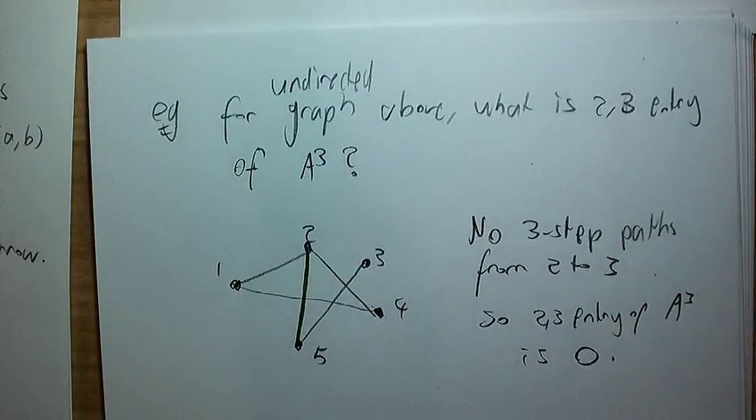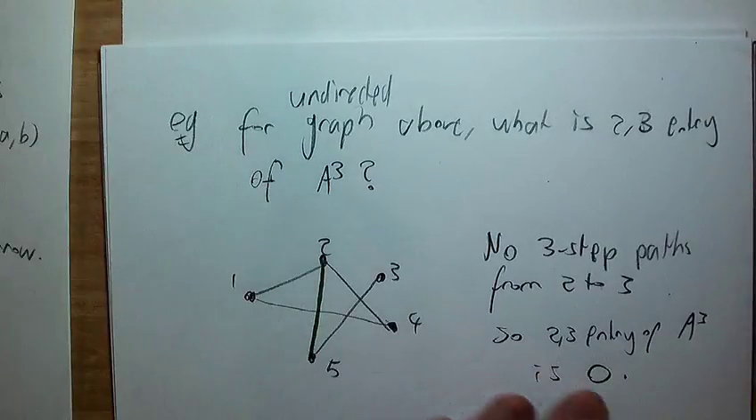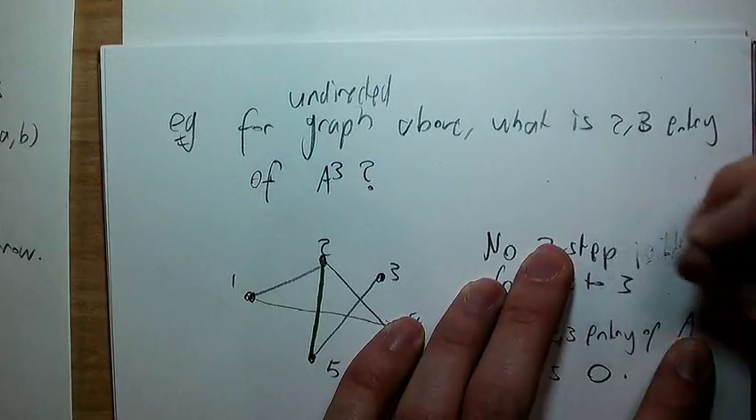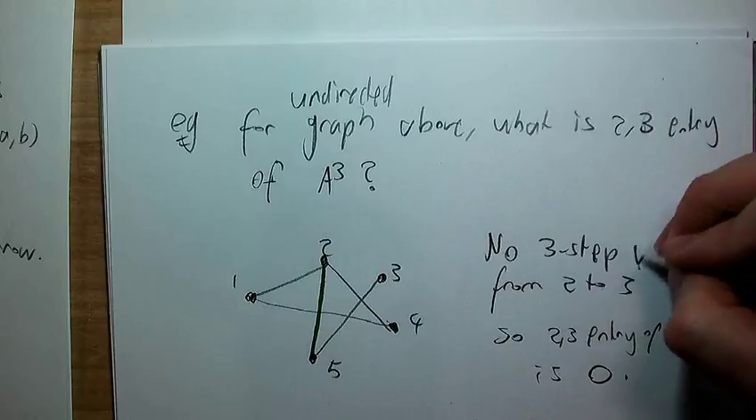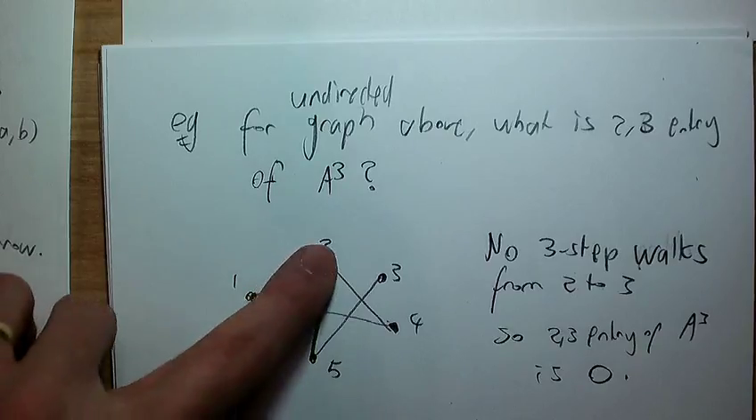Awesome. That would so be an awesome exam question. Yep, not paths. There are no 3-step walks from 2 to 3. Thank you. Yay! All right, but the 2, 3 entry of A squared would be 1 because there's exactly one 2-step path